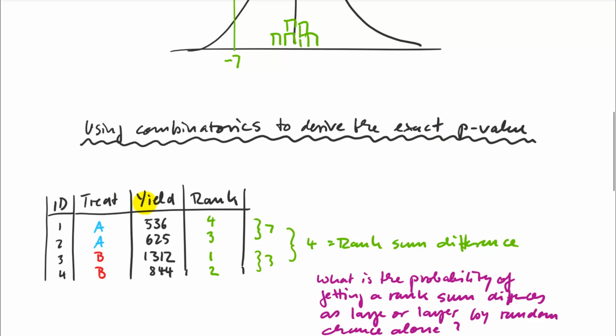And to illustrate this, I'm doing an even simpler example here. I'm just going with a sample size of 2 here, so 2 A treatments, 2 B treatments, and I calculate my ranks here, 1, 2, 3, 4, and do my rank sum. So in this case I have 7 minus 3 is 4, and that's my rank sum difference, just as we had it up there. I'm also giving those an ID, and I could now, rather than empirically